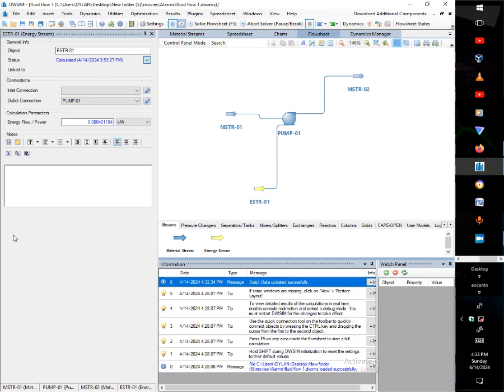Hello guys, so we performed a simple simulation for a fluid mechanics problem where we use a pump to increase the pressure of our outlet feed by 300 kilopascals, and then we evaluate the energy flow to the pump if it is 75% efficient. So from the simulation we found the energy flow to be about